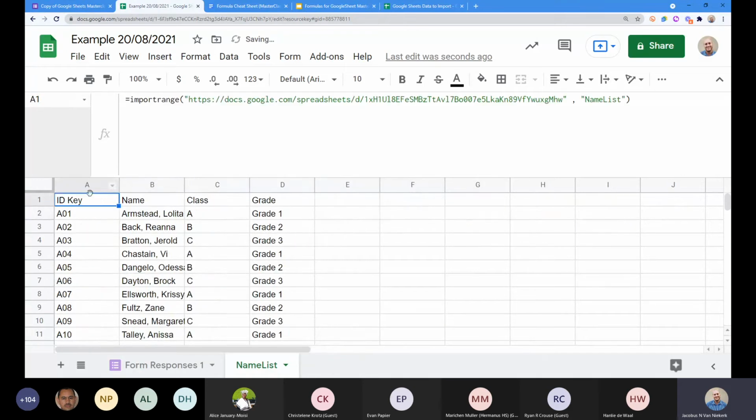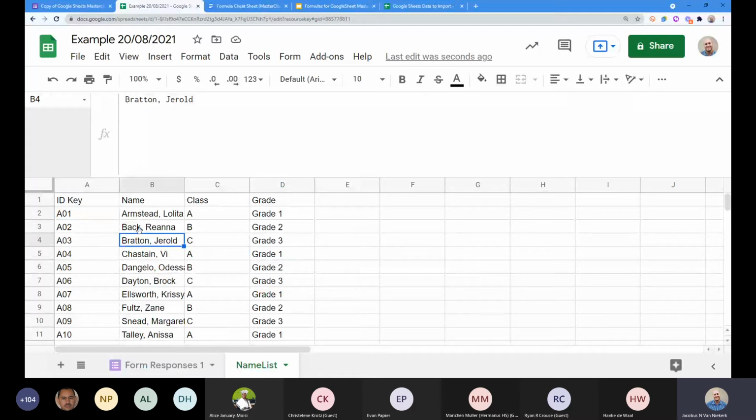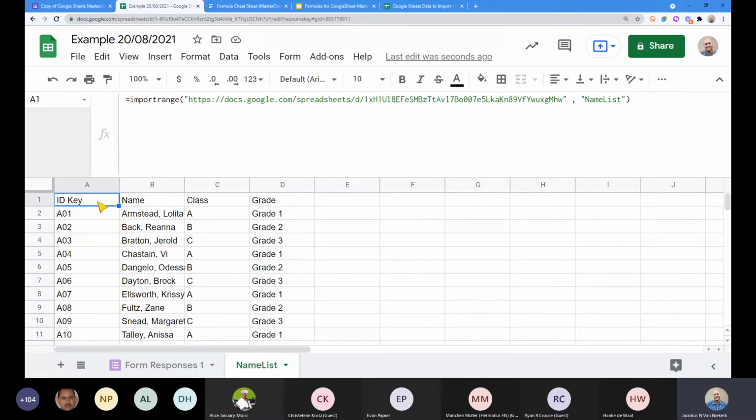Now, named ranges are incredibly useful when it comes to doing this import range. Because with this import range, this becomes quite tricky, unlike what we normally do when we're defining formulas, where we can click on different fields and Google Sheets will know where it is. If you are importing across multiple sheets, it won't be able to do that.